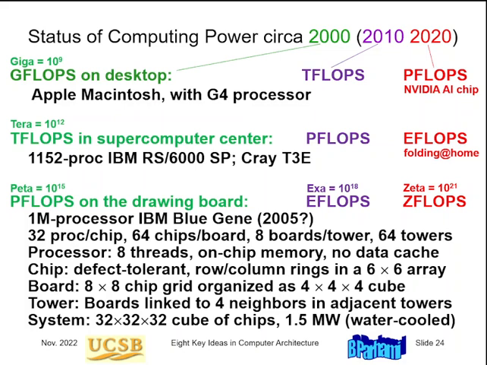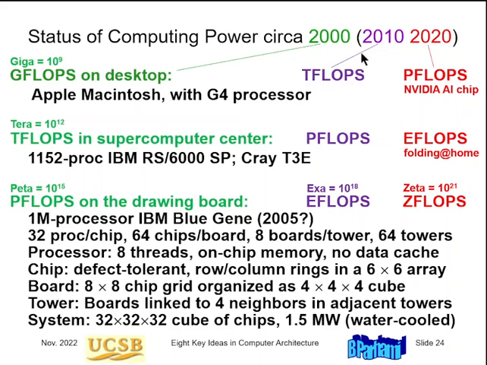Now this slide I always show in my parallel processing classes. I first designed this slide in the year 2000, and in 2000 I told my students that we now have gigaflops of performance, 10 to the 9 floating point operations per second in our desktops. We have teraflops, 10 to the 12 floating point operations per second in our supercomputer centers. And at that time, the year 2000, we were working on a computer that would achieve 10 to the 15 floating point operations per second, or petaflops.